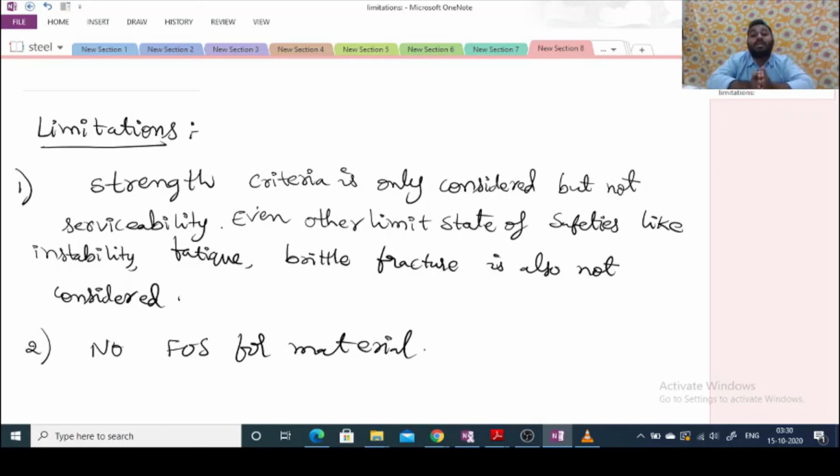Whatever limitations exist in the working stress method and the plastic method are dealt with rationally in the limit state method. Both these limitations are rationally dealt with in the limit state method. We'll discuss the limit state method in detail in bolted connections, in the discussion of codal provisions. Is that okay? So with this the design methods are completed.